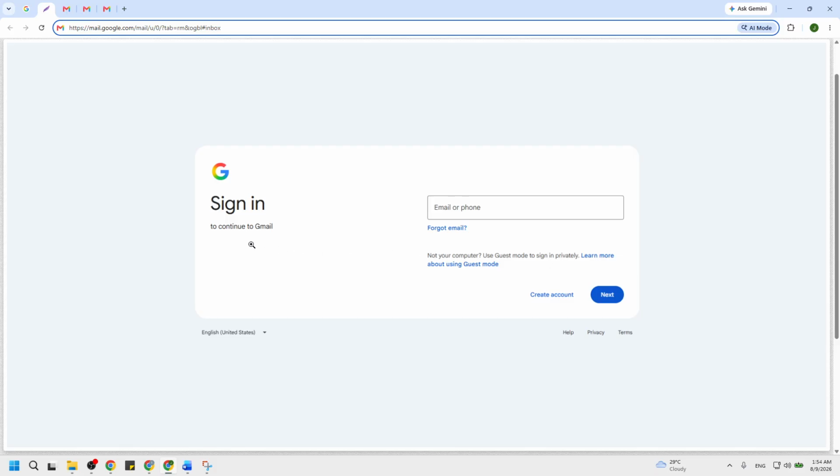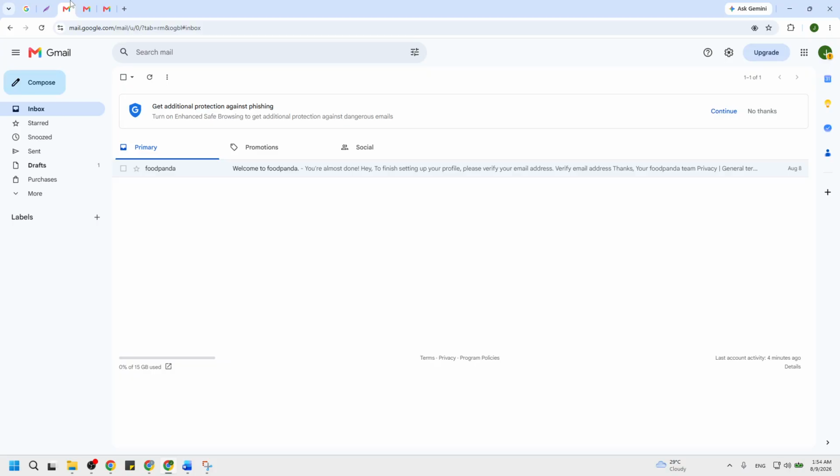Now click the Compose button in the top left corner to start a new email. The button usually has a bright color and a pencil icon, and it sits above your list of folders. When you click it, a small Compose window slides open, often in the lower right or middle of the screen. You should see fields for To, Subject, and the main message area.